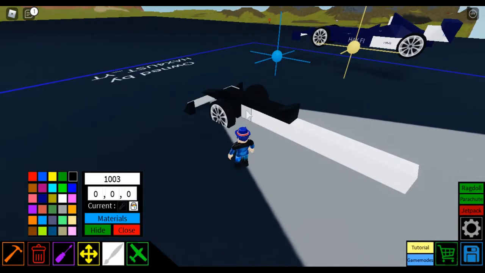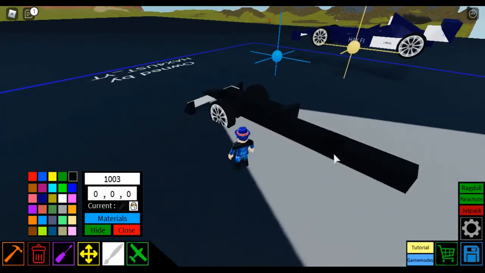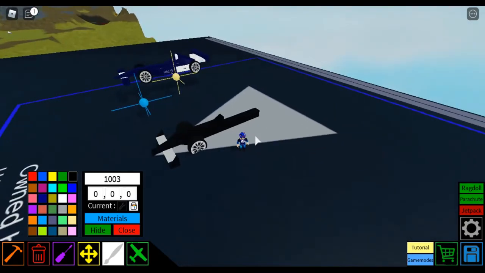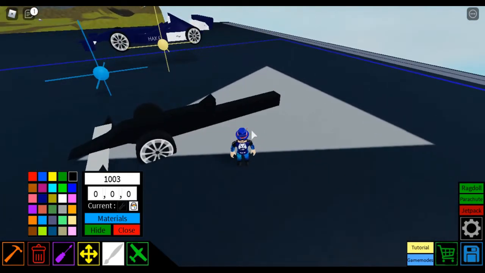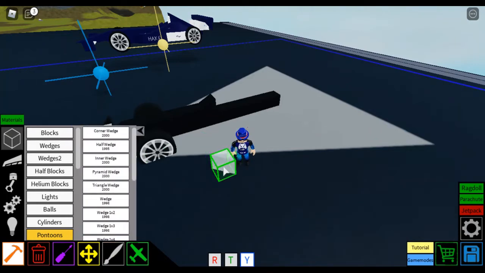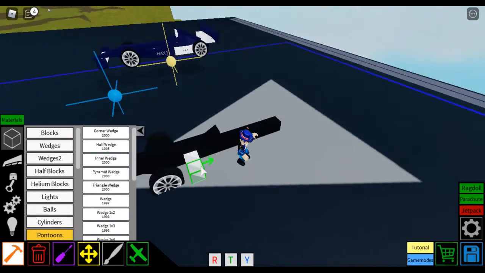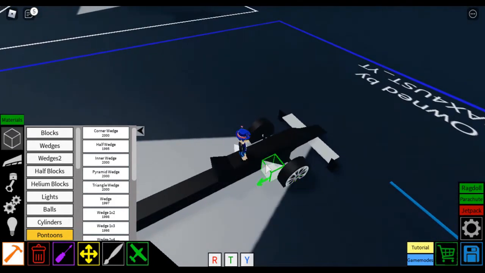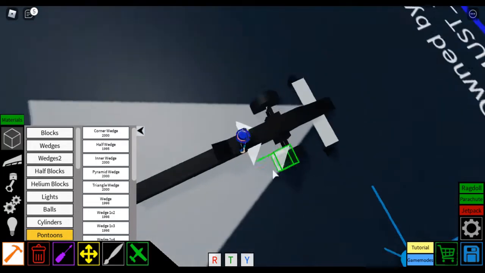And yep, there also. And we'll make it a similar design to that because that looks good, I guess. And now let's just go to wedge, and you want to place it like that. You can place it here or here or something, but then we are placing it here so that it doesn't touch the wheels, and